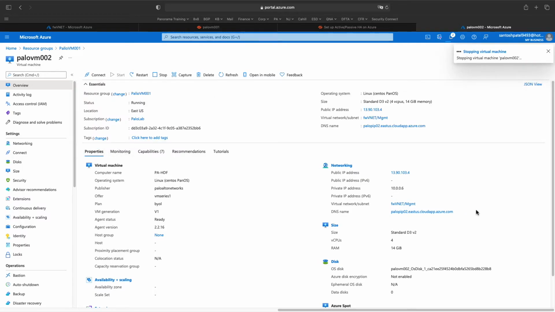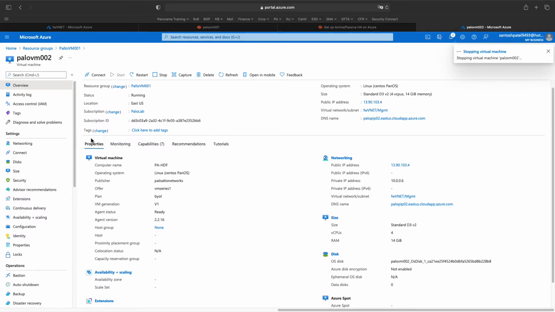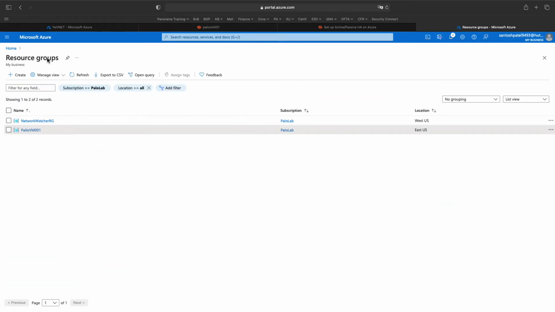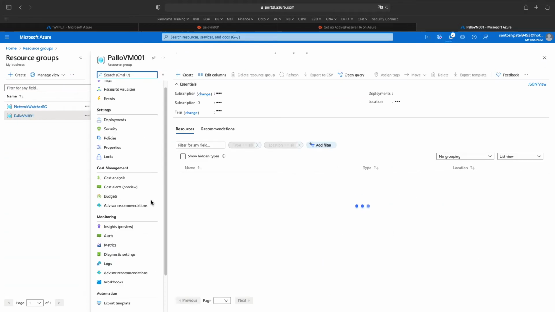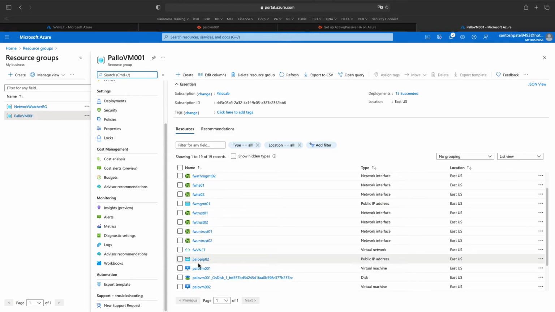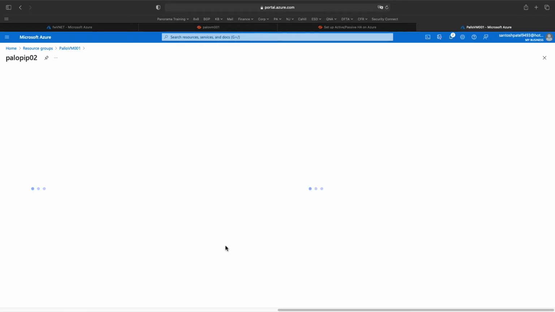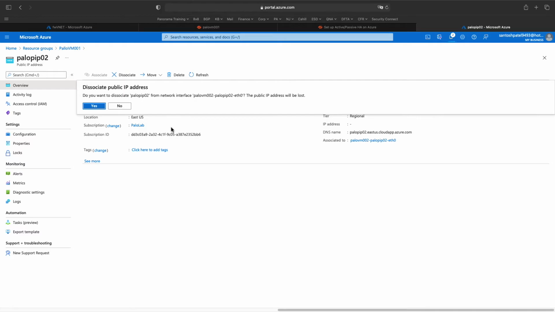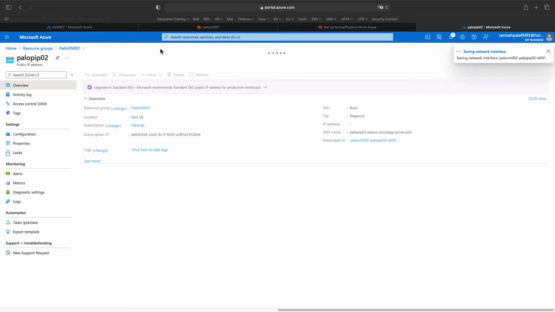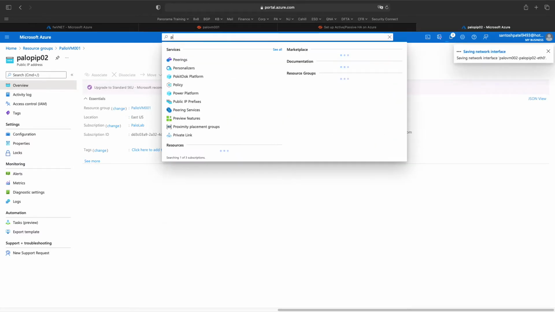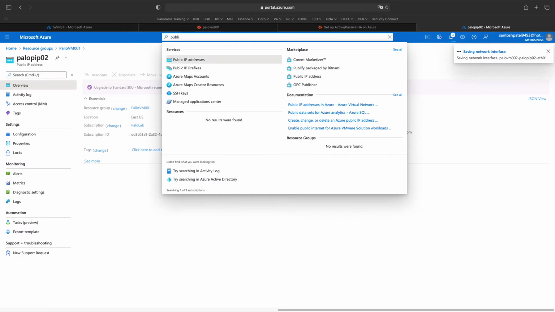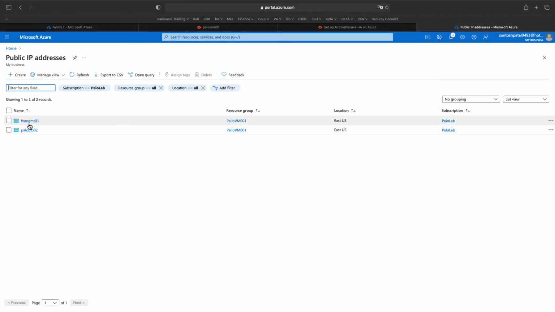All right, so let's start with detaching the public IP and creating a new public IP to attach. So this one was Palo PIP02, deassociated, yes, right, and quickly search for public IP addresses. So the first one called